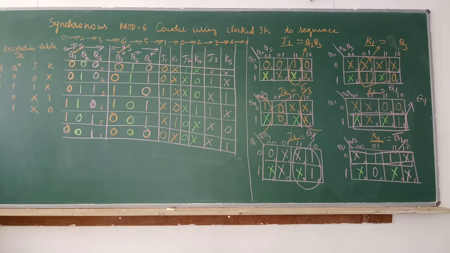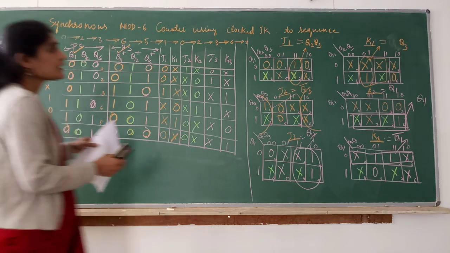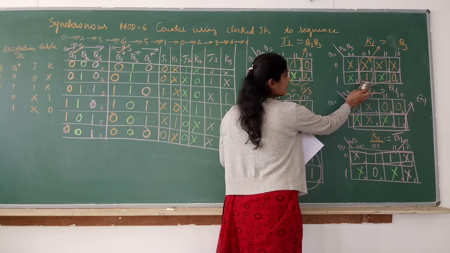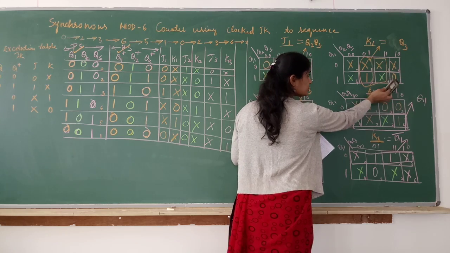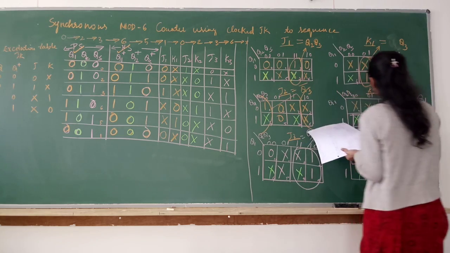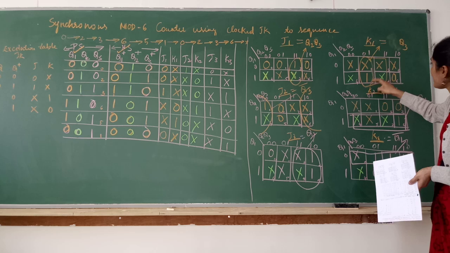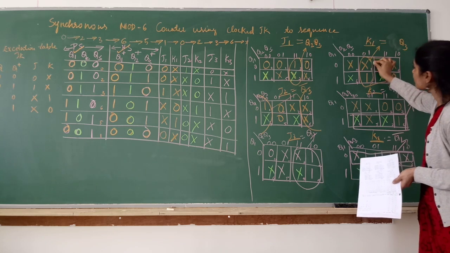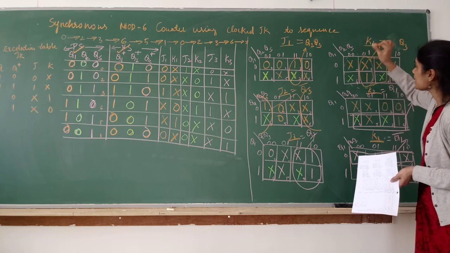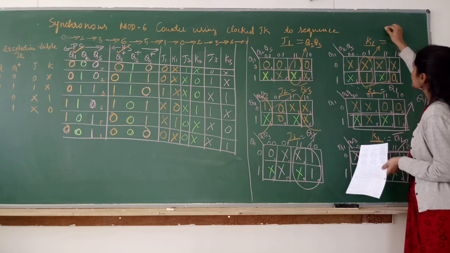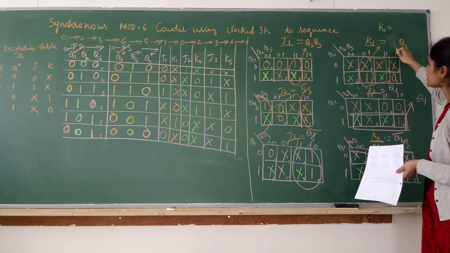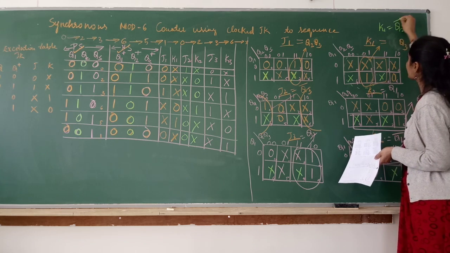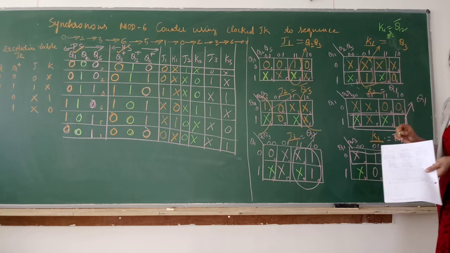Okay, so let us check the equations. J1 is Q2, Q3, K1 is Q2 bar we have got. K1, Q2 bar, yeah, okay. Q2 bar, why I have got is I have grouped 0, 1, 4, 5. It's okay, we can group 0, 3, 5, 7 also. See for K1 either we get, when I group 1, 5, 3, 7, I get it as Q3. If I group 1, 5, 0, 1, 4, 5, I get it as Q2 bar. So K1 you can get as Q3 or you may get it as Q2 bar. Any equation is fine.